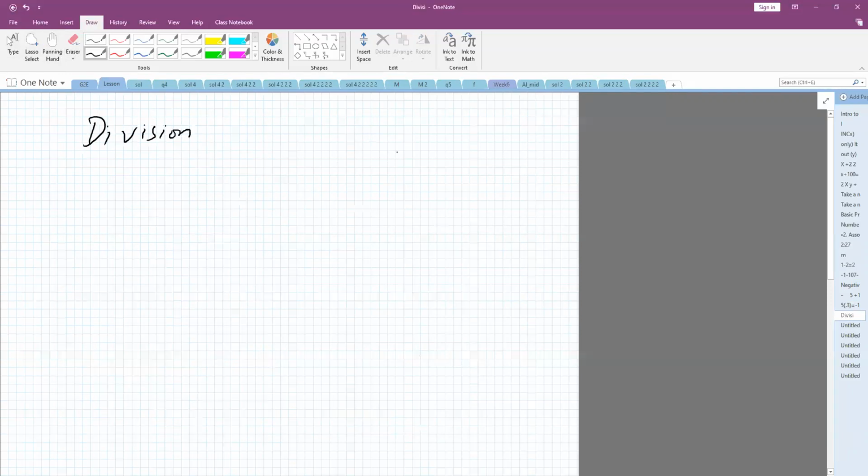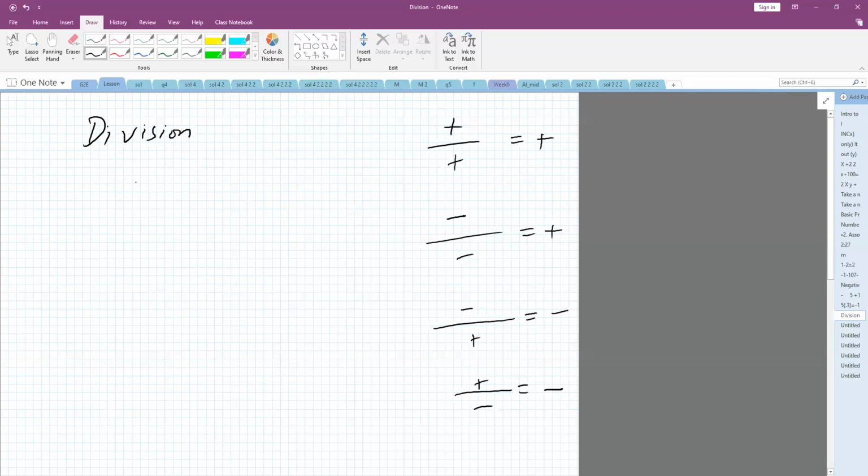Here, for example, you see when you divide a positive by a positive number, it gives you a positive. Okay. Now look at this one. When you have a negative and then you divide by a negative, it gives you a positive. Now when you have a negative, you divide by a positive, negative. And then if you have a positive, you divide by a negative, negative. So for example, you have now